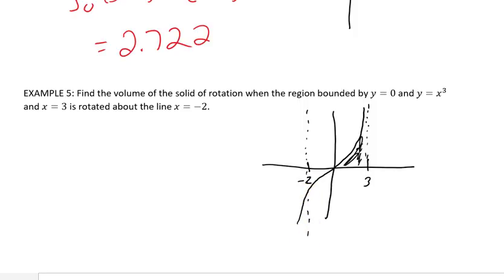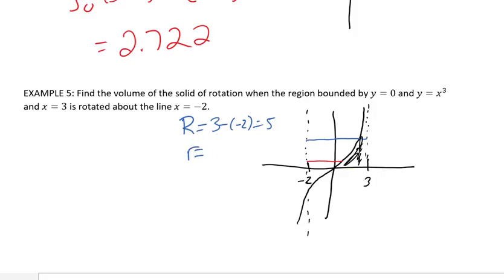So again, we're going to have an inner radius. Here's our inner radius in the red there. And our outer radius would go all the way to 3 there. So capital R, well, that's from negative 2 to 3. It's 3 minus negative 2, which is 5. So the outer radius is just 5. And the inner radius